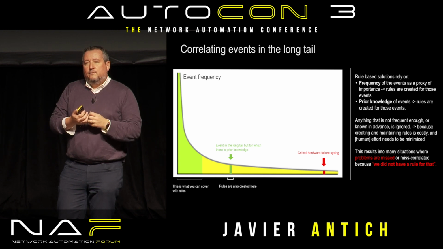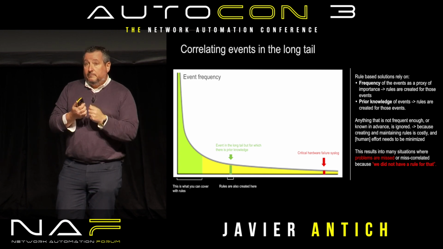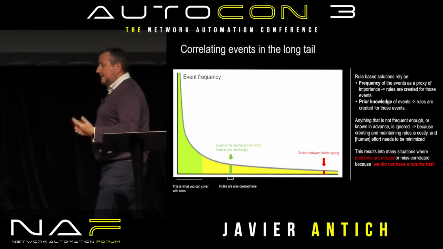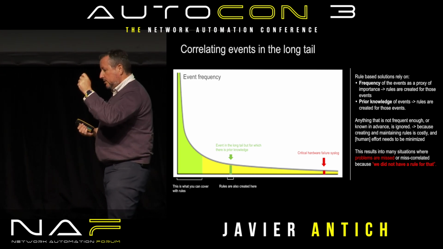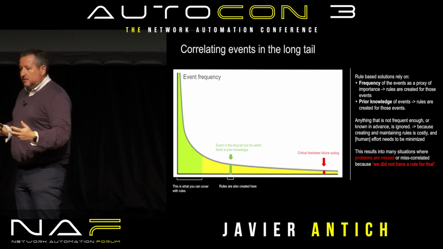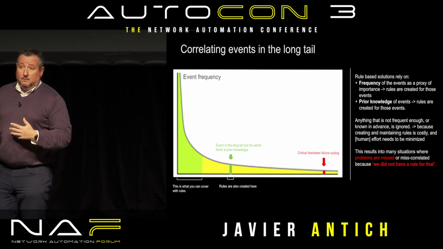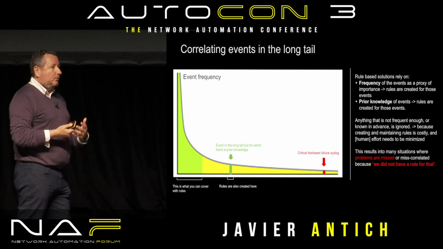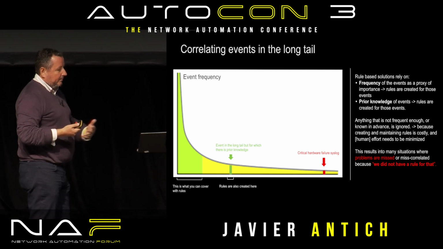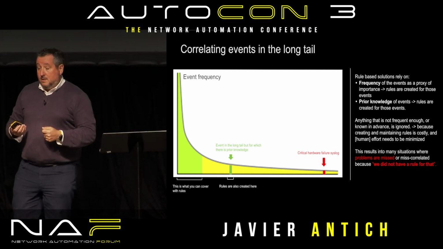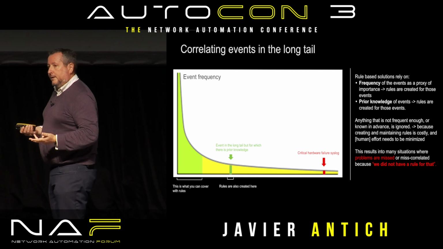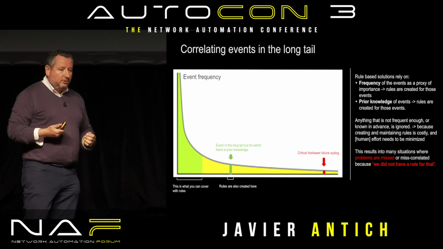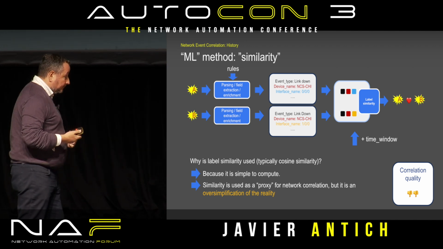Or maybe for the things that you find, maybe they are not that frequent, but they are important, so then you create a rule for that. But there's always going to be that case where there is this new syslog message or the new event that comes that no one has seen before, for which you didn't have a rule, and you missed that, and you were not able to correlate it, and that didn't lead to the proper root cause analysis, etc. And the problem was, hey, we didn't have a rule for that. Well, how can we solve that, right? That's one of the questions that we would like to answer.